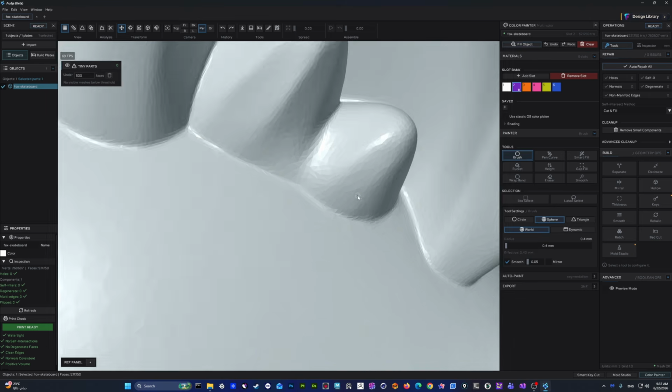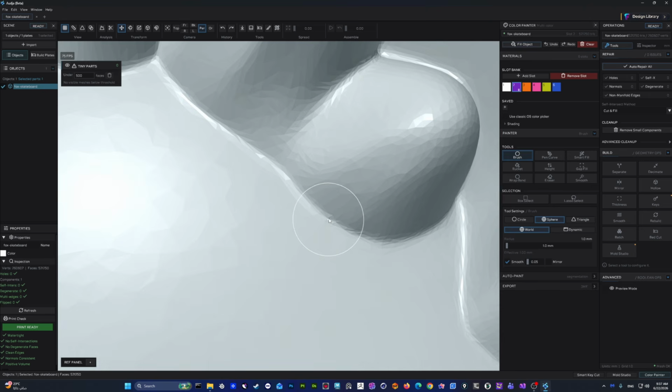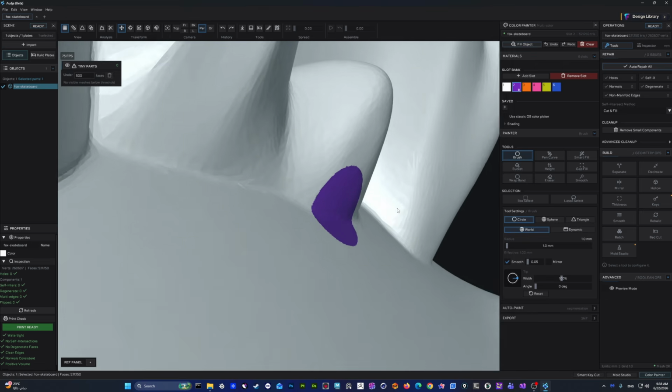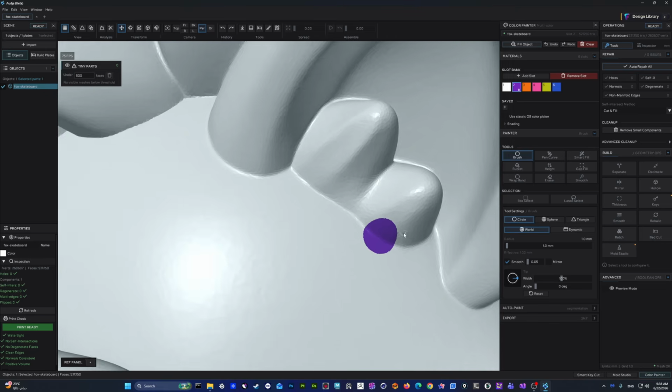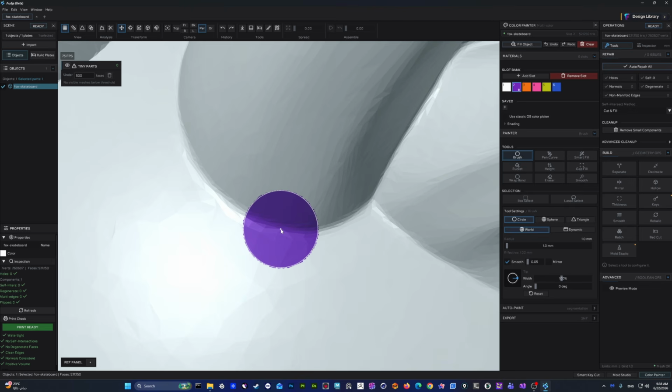So if we have this and press, that's not gonna make the same sphere as you want. And that's the difference between a sphere and a circle. So if we choose circle and we press, it's gonna make the same circle of your brush, whatever the angle or anything. So as you can see, in the direction of the camera view, that's actually the same as my brush,